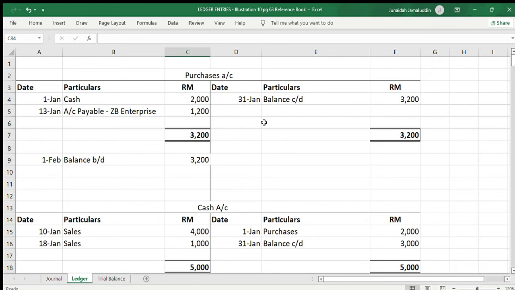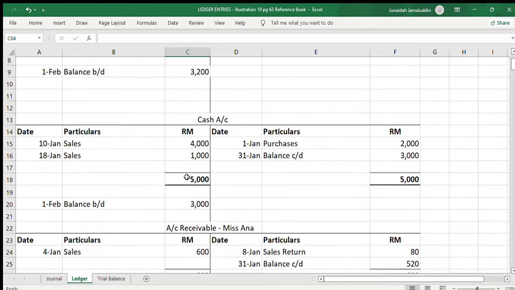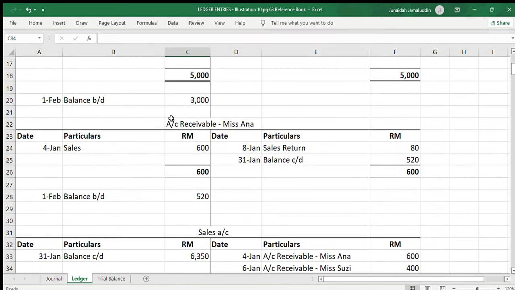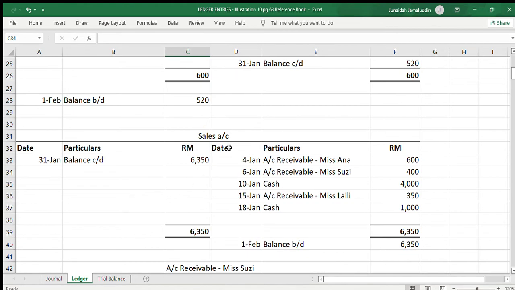Yeah, as you can see here, purchases has a debit balance. Why? Because it is an expense. Okay, cash account also has a debit balance. Why? Because it is an asset. Okay, asset must have a debit balance. Alright, so account receivable is also an asset. So that's why it has a debit balance. Okay, sales account is revenue. Okay, revenue. So revenue,